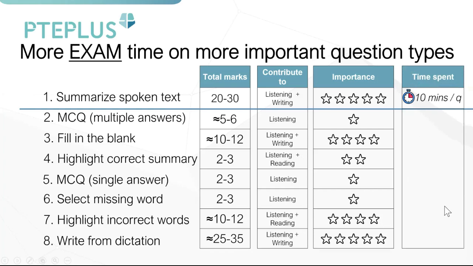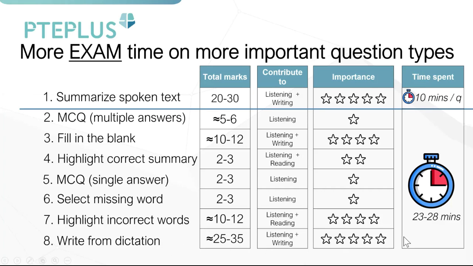And then for the second section, you get one timer of about 23 to 28 minutes for all the remaining 7 question types. So for this section, you'll need to manage your time strategically as well because you want to make sure that you have an appropriate amount of time for the more important question types, especially Write from Dictation